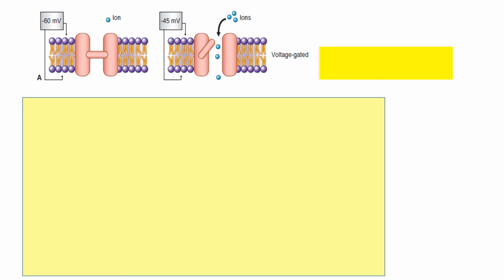So here are examples of the different types of gating. When I say voltage gated gates, what do I mean? The gates, for example, for sodium, potassium or the calcium ion channel in excitable tissue like nerve and muscle, are gated by voltage. You can see when the voltage is minus 90 millivolt, this gate is closed. When the voltage becomes more positive, so the cell becomes less negative, that is minus 45 millivolt, the gate is opened, allowing the passage of ions.